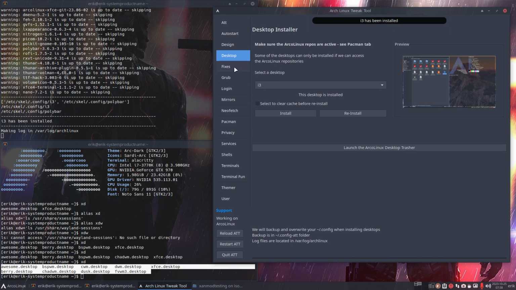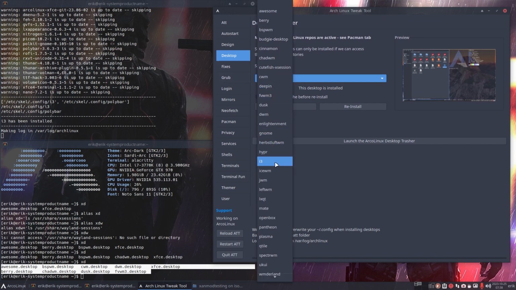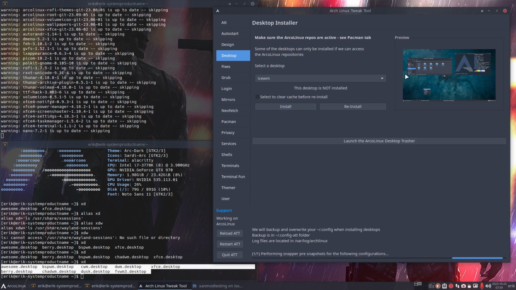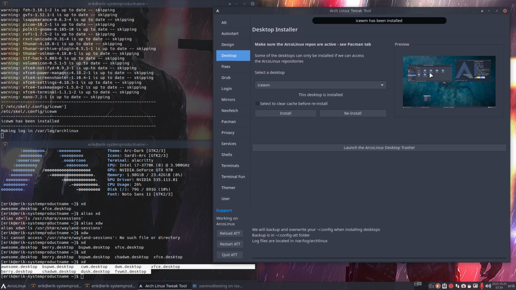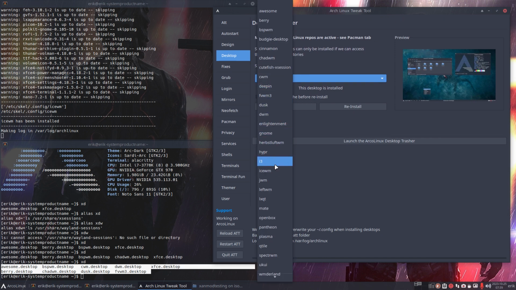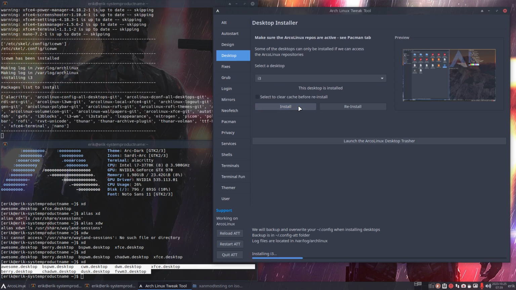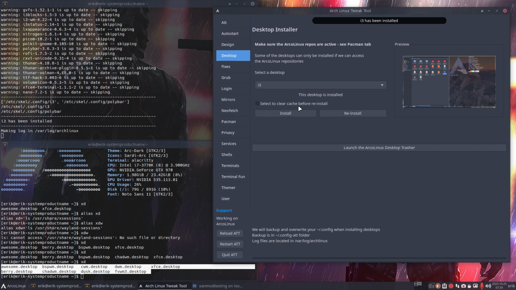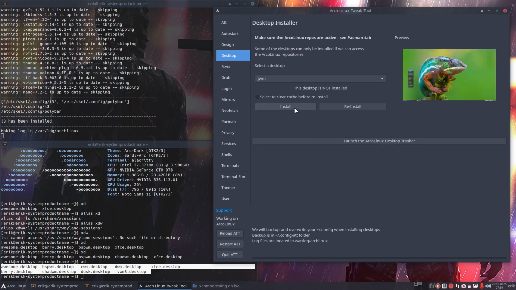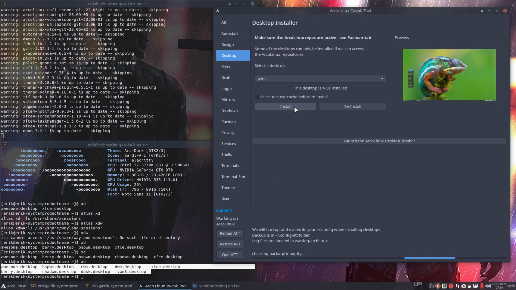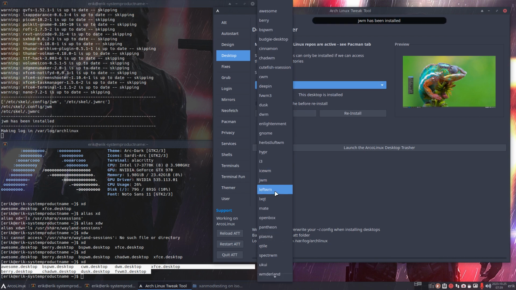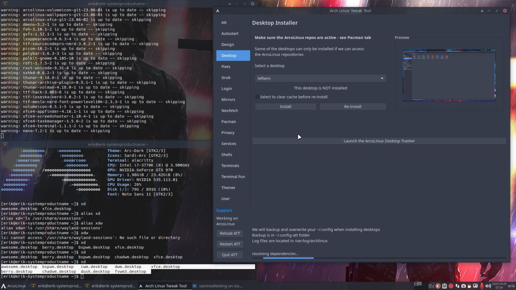i3 has been installed. IceWM, sure, it's not really a tiling window manager, but let's see. Not that I'm choosing tiling window managers, just thinking what would I install and play around with. JWM from Joe. Okay. LeftWM, I've been a year on LeftWM, 2022,